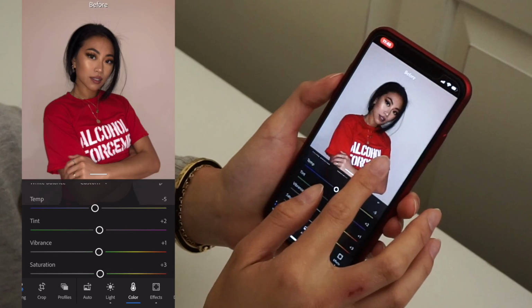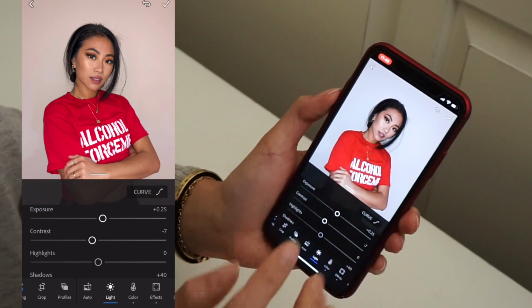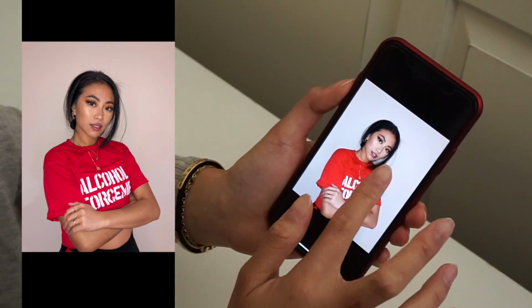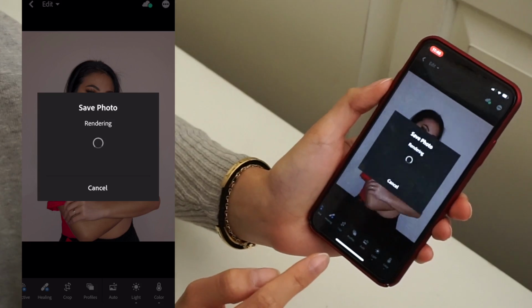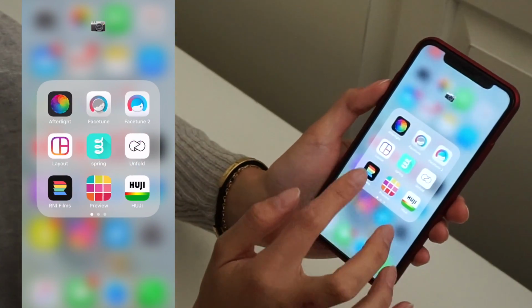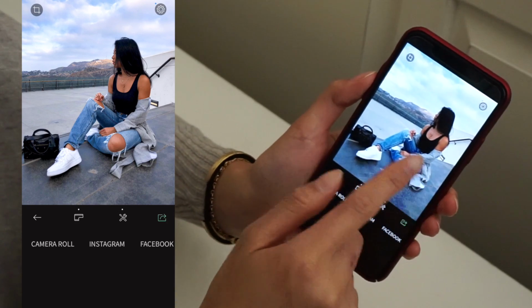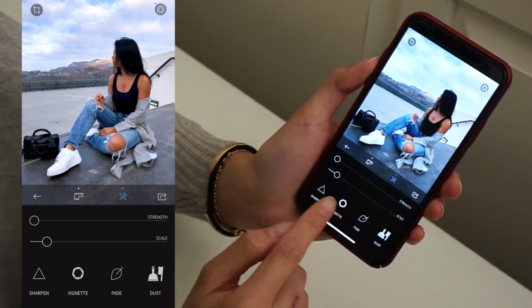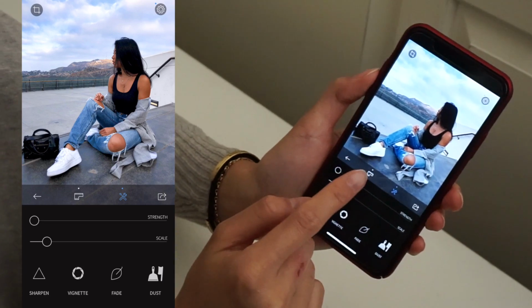So it is a little bit greeny, so I added a little bit of purple to it, and then I'm happy with the way that that looks, so I'm going to go ahead and hit that check mark, save to camera roll, and then we're going to go back into RNI Films, and say I had another photo from the set. Instead of going through and applying every single edit that we did in RNI Films to that picture, this app has a cool new